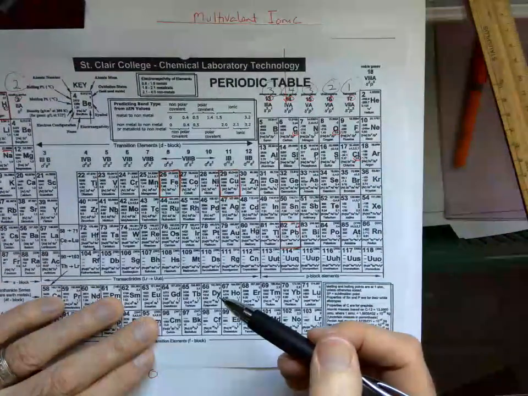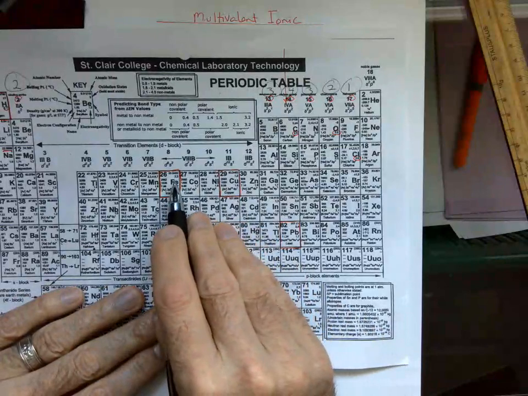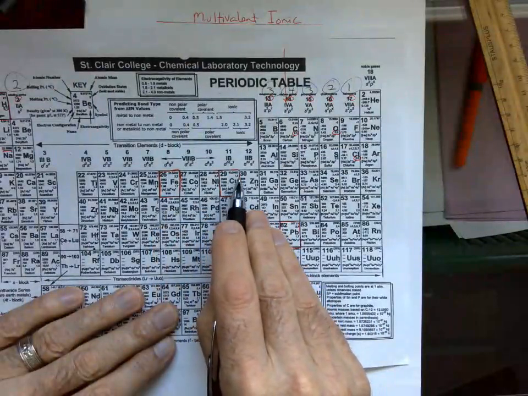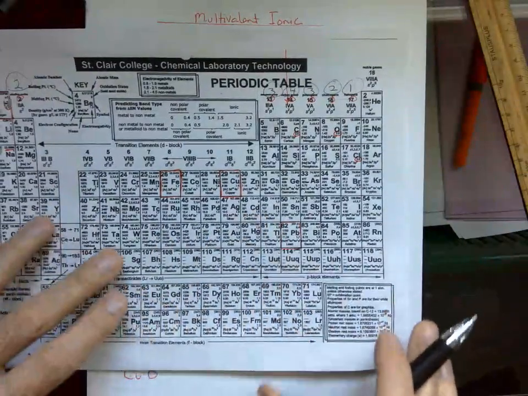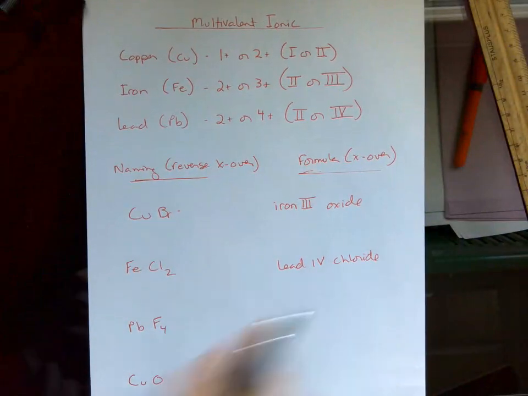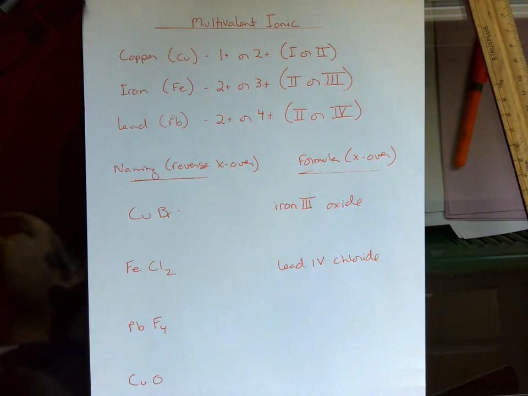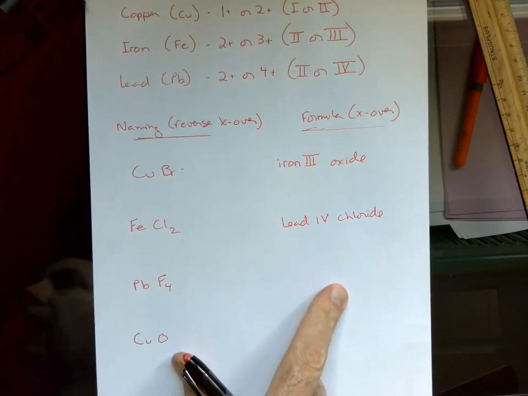So we're only focusing on 3 of these multivalents. We'll do iron, which could have a charge of 2 or 3, copper, which could have a charge of 1 or 2, and lead, which could have a charge of 2 or 4. So if anything starts with copper, Cu, iron, Fe, or lead, Pb, you're going to be using this set of rules right here. So for naming,